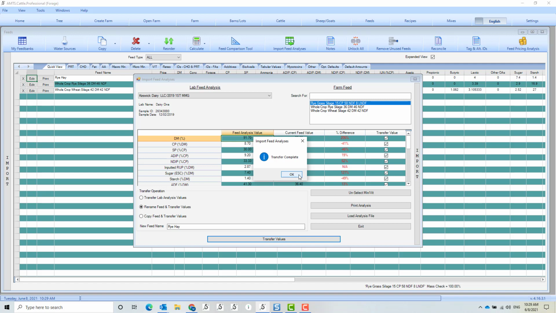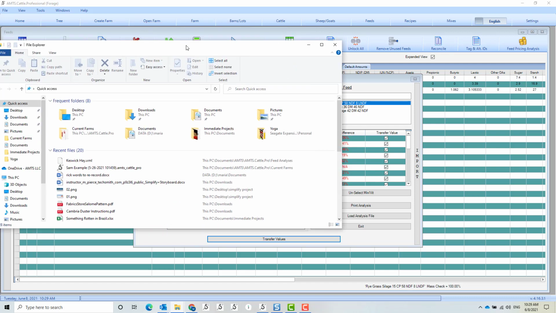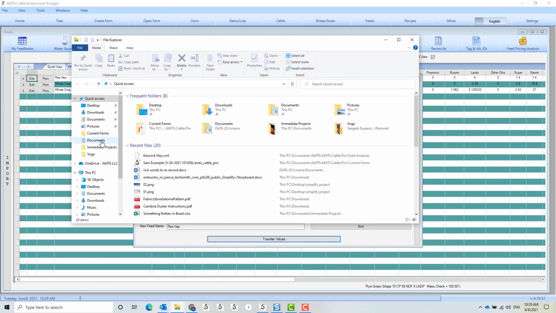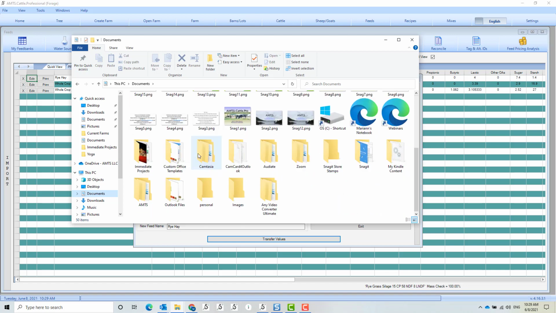So my advice would be to get all of your analyses that you want, if you're having them analyzed, get them in the proper folder. Just to give you a quick tip on that, it's going to be using the file function. Let me drag that over here, File Explorer. The files for AMTS, the local files, are held in your Documents. Golly, this is a mess. Documents, AMTS,